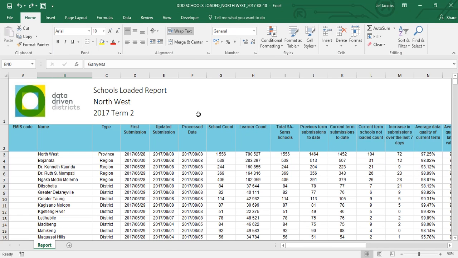Once the report is downloaded, you'll land on this sort of screen, and it will give you quite a lot of information on the progress of submissions in your selected term. In this case, we're dealing with term 2 2017. To build the running man graph, we want to compare for a selected entity the submission rates and data quality of those submissions. So the information we need is the current term submissions to date, so in this column